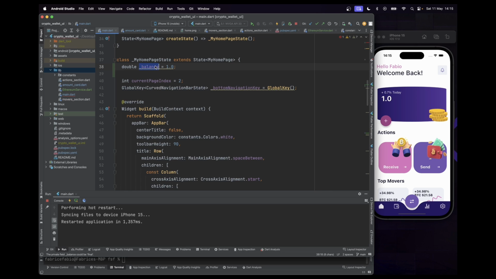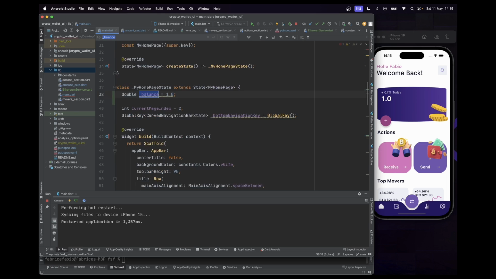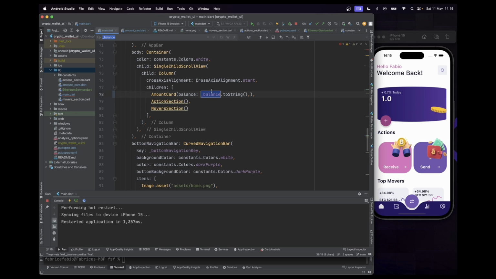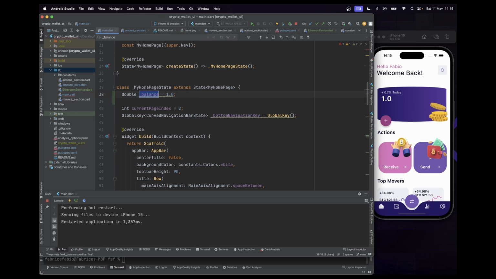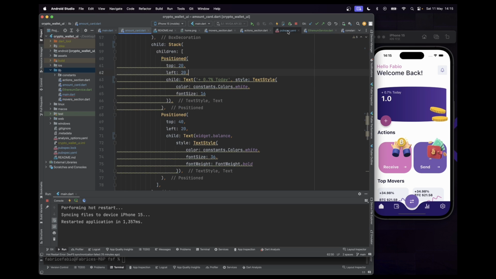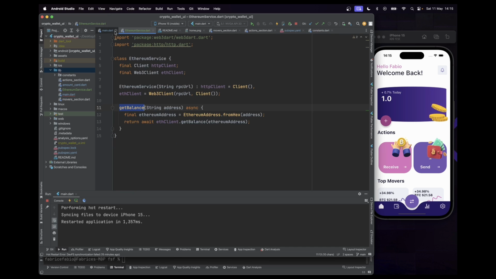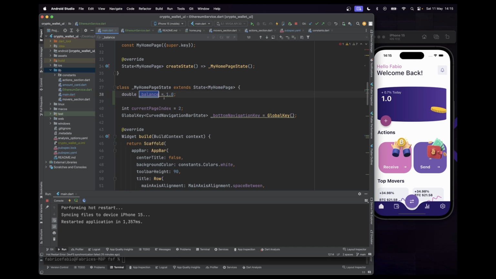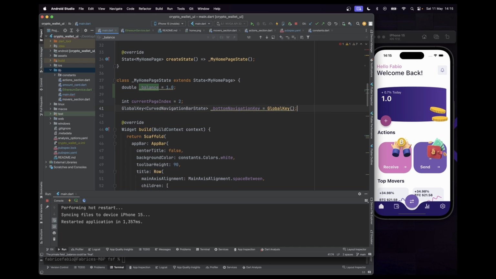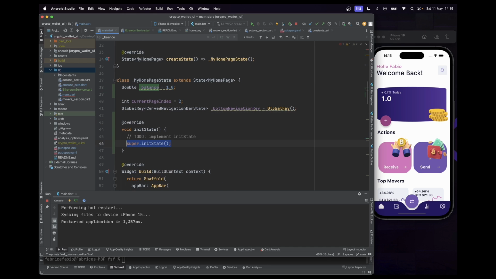Now we can see that our balance currently is just hard-coded, right? So what we want to do is to call the previous service we just created, which is called Ethereum service, and get the balance from that. So first of all, we are going to use initState, and in our initState it's very simple. We are going to create a function called get balance,